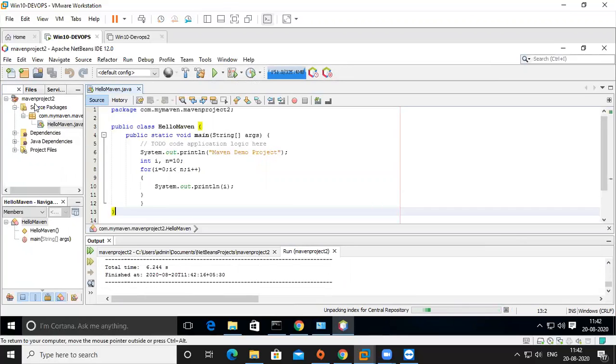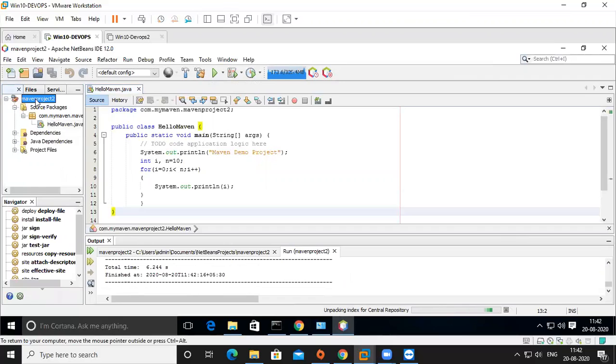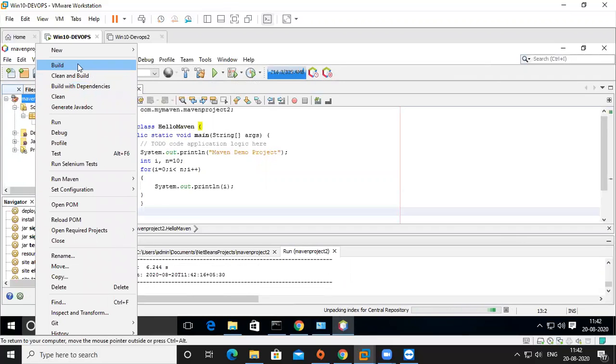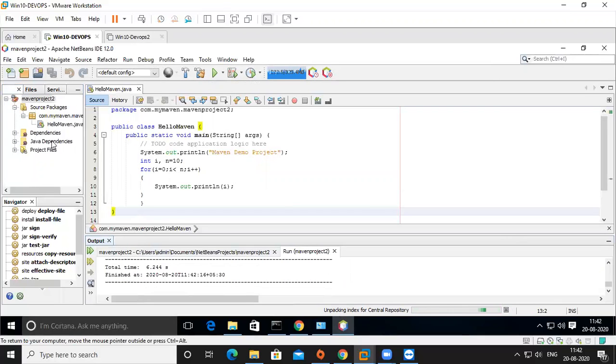If you want to build this project, you can also do it from here. Right click, build or clean build. Can you see? Build, clean build, build with dependencies. Only clean, like that you are able to do it. Of course, it contains a POM file. This is the pom.xml file.